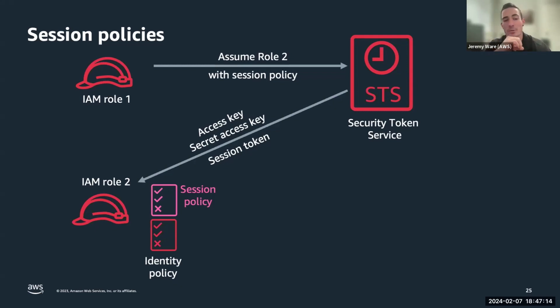So maybe IAM role 2 has certain permissions tied to the identity-based policy, but I have a session policy that says if this role is assumed by an external principal and not one that I've defined in this group, then the session policy is enacted. And that session policy is, again, going to scope down or guardrail those permissions. So if I want to access an S3 bucket, my session policy must not prevent and my identity policy must allow for me to access it.